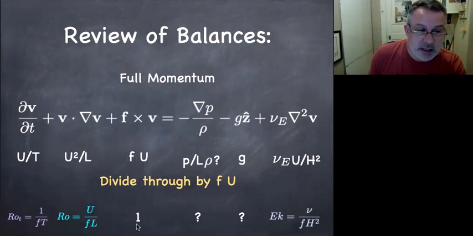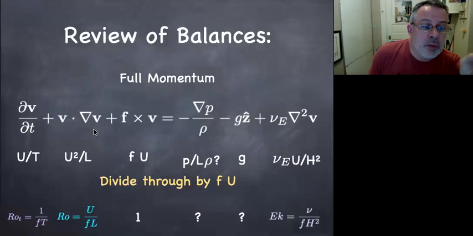This term divided by itself is the Coriolis parameter. We don't know about this. Let's not worry about those for now. But this term over here is the Ekman number. So rather than just introducing those separately, you can think of it as just deciding which terms in the equation